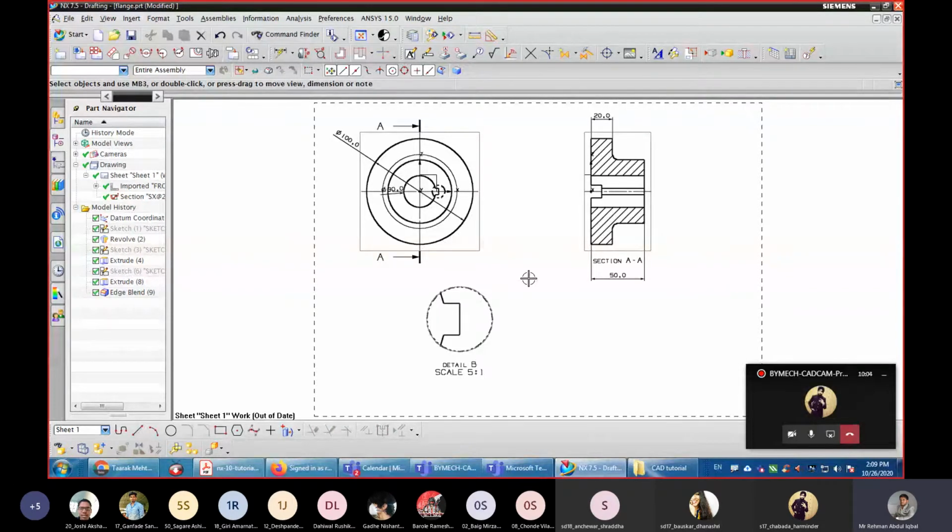In that we had drafting, okay, sectional views, detail views, all these things, dimensioning. Okay, any doubt in this? You want to ask something?